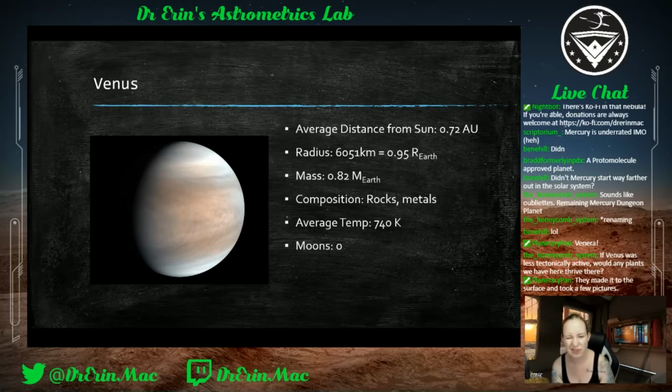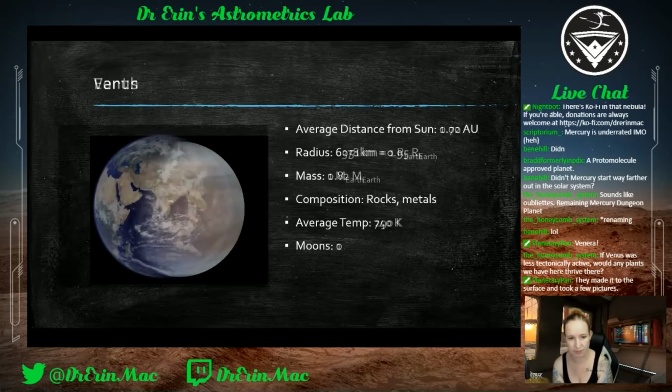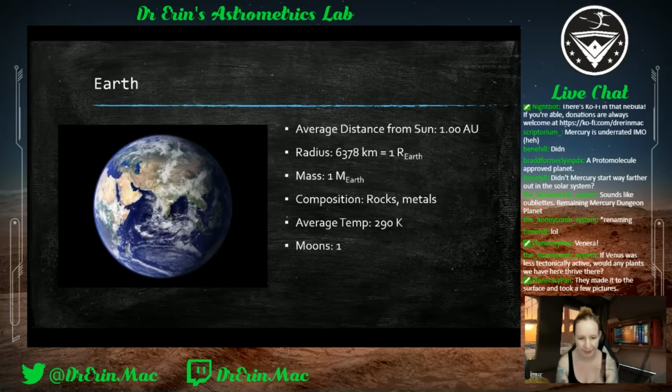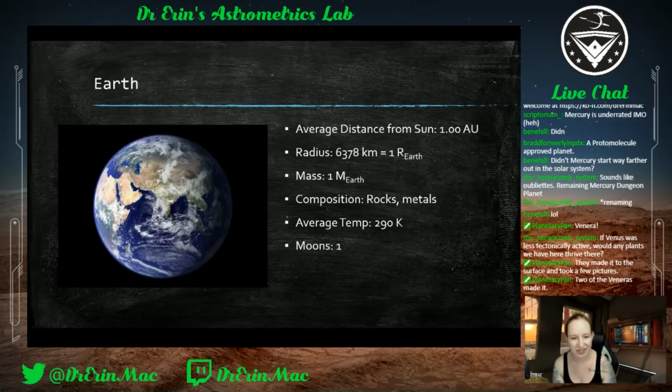Yeah, was it Venera that was the first one that actually landed? I know the very first one they sent did not make it through. But it might have been Venera that did make it through. Anyway, then we get to Earth. Home. I always love when I ask kids, like, what's your favorite planet? And they're always like, Earth. Because I live here. Valid.